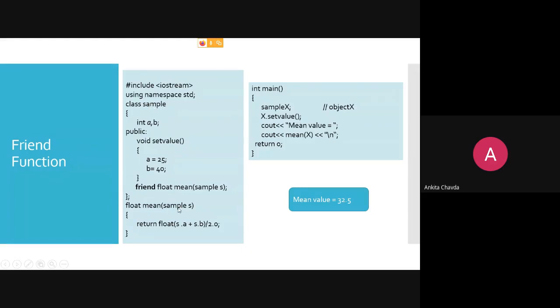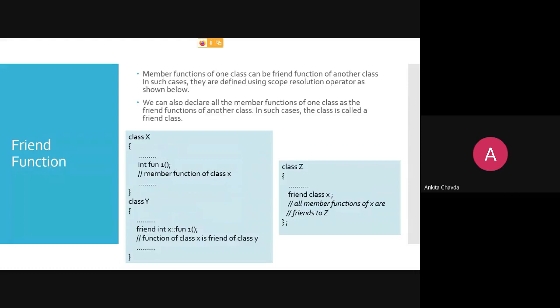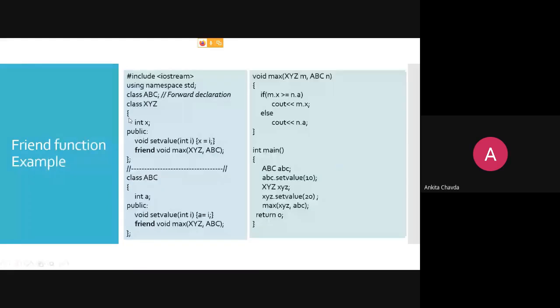Only one class was there, and I was accessing two variables of the same class, right? But here the case is different because I'm having two different classes, XYZ and ABC, with X and A from the two classes respectively.